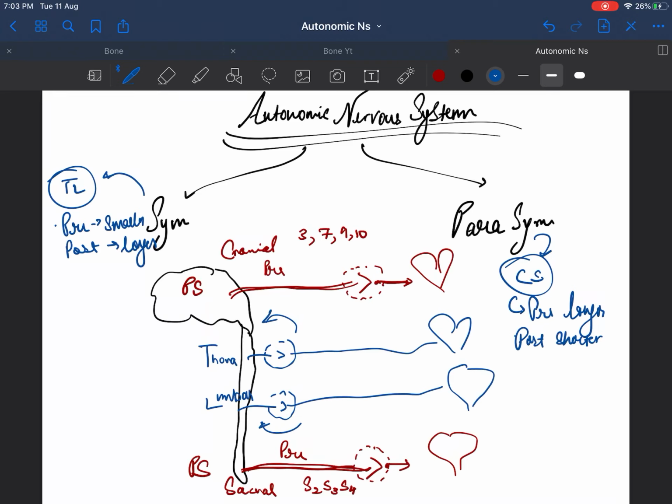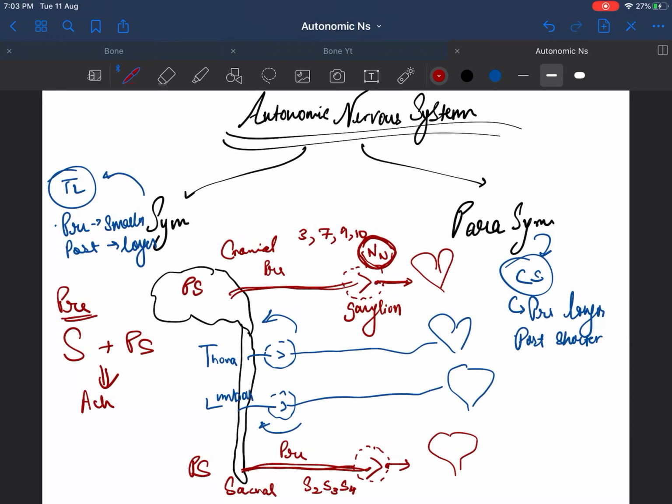Okay, so what is a neurotransmitter? Neurotransmitters are chemicals which are produced inside the neurons and are used for different functions, and can be transmitted from one neuron to another, or from one neuron to other receptors. Okay, so at these ganglions, the preganglionic fibers of both sympathetic and parasympathetic, what do they secrete? They secrete acetylcholine, and the ganglia have the NN receptor. I'll come to this NN receptor later.